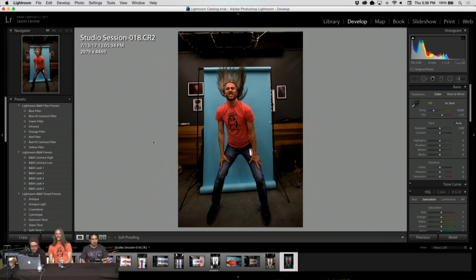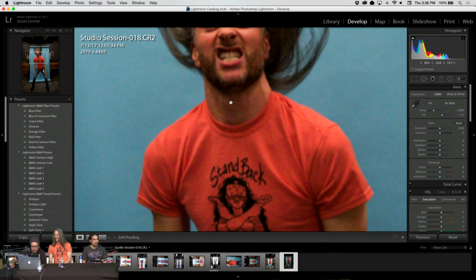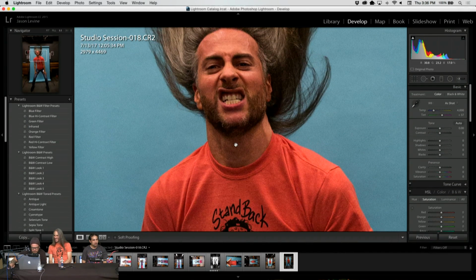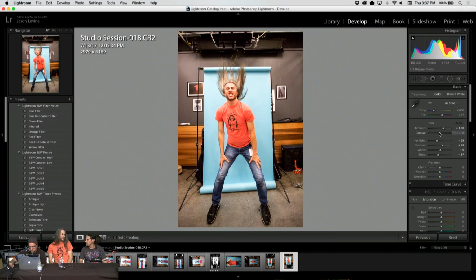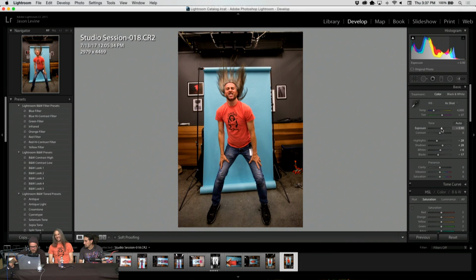Let's see. So here we've got Jason up. We're looking good. We're nice and sharp. It's a little noisy, but like I said, we didn't use any lights. This was all just my on-camera flash in the hot shoe. I think I even had the flash at a minus. It lends itself to the facial expression. Yeah, the grain and the grit, right? That's what you're talking about. When I asked him, so do you add grain? He's like, yeah, it just comes in there naturally. That's right. So I'm just going to make some very basic exposure adjustments here before I turn this into black and